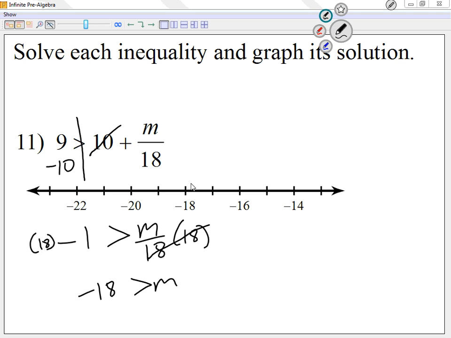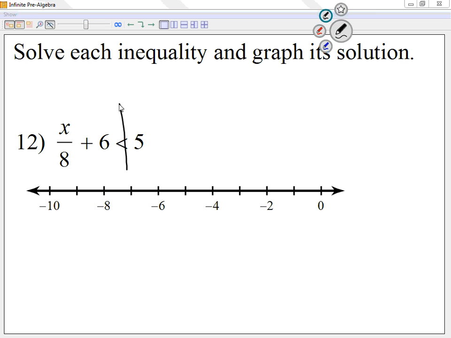All right, so my key number is negative 18. It's an open circle, and the letter is on the short side of the arrow, so I'm going to go towards the left. So you have to figure out the inequality and then graph. Looking at question number 12,